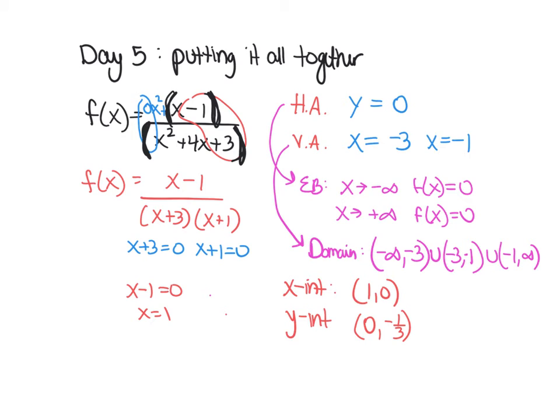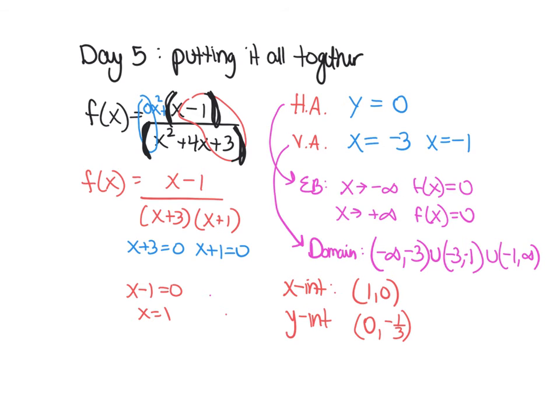Okay, when I plug this in, do I have a vertical asymptote at -3 and -1? Yes. Do I have a horizontal at 0? Do I have an x-intercept at 1? Do I have a y-intercept at (0, -1/3)? So it's better to put in the original, because then you'll be more likely to catch your mistake if